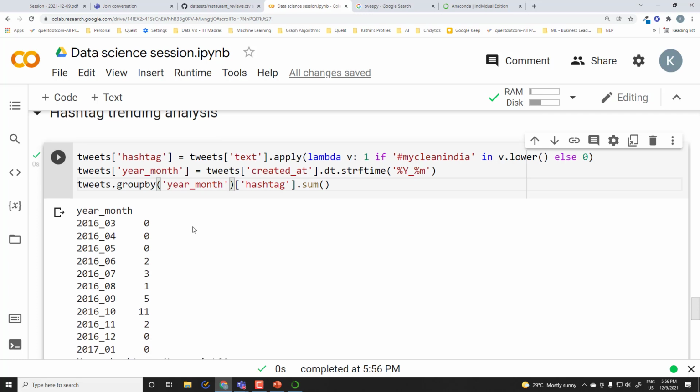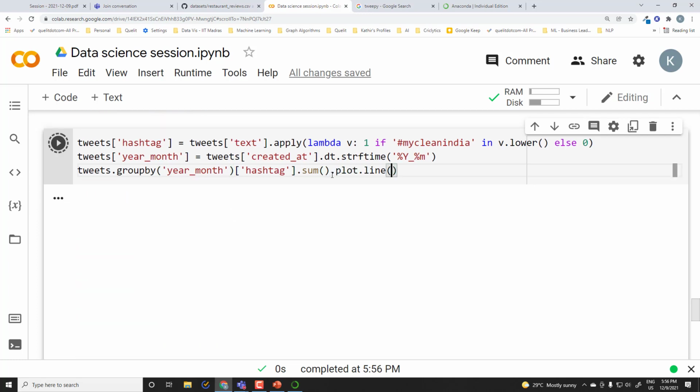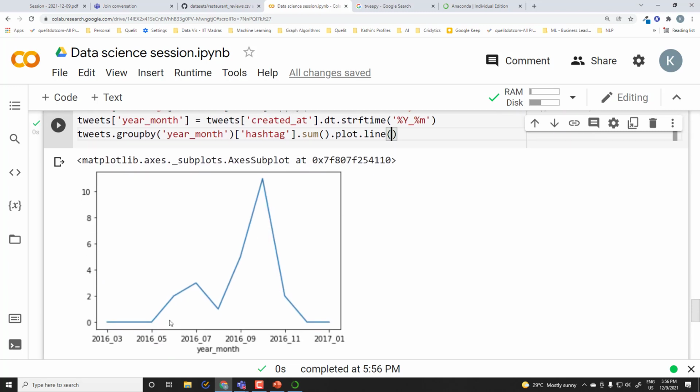So for each month, how this particular hashtag is trending, we can very easily visualize it. So you see, My Clean India is used a lot in 2016 October, around 10 times in that particular month. Rest of the months, a decent number of usage.